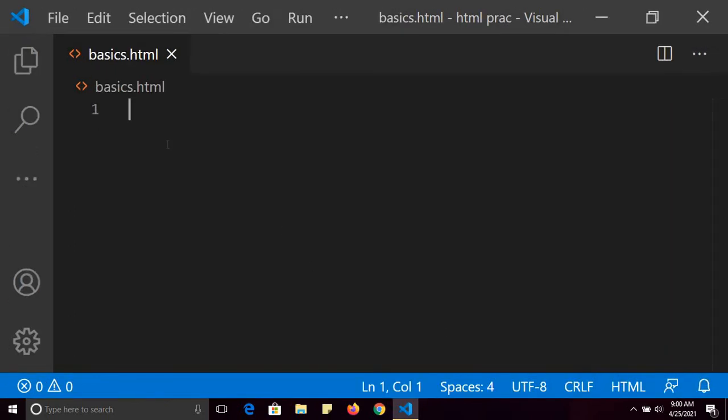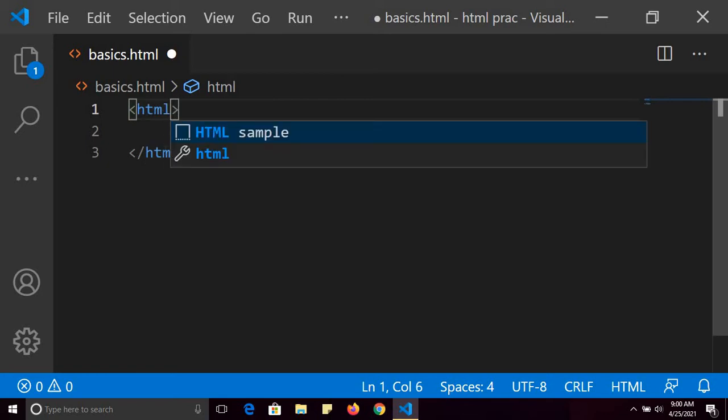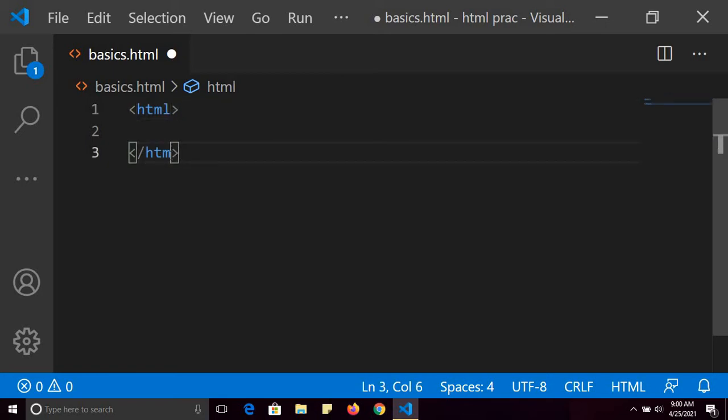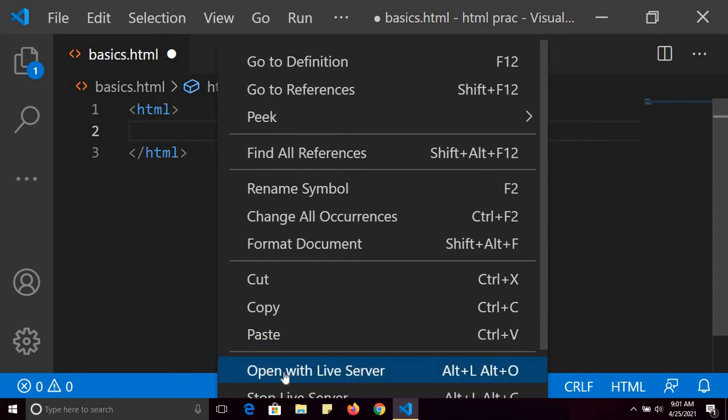So the first tag of HTML is html. Press enter. Just wait. Now suppose we open it with live server: just right click here and press open with live server.